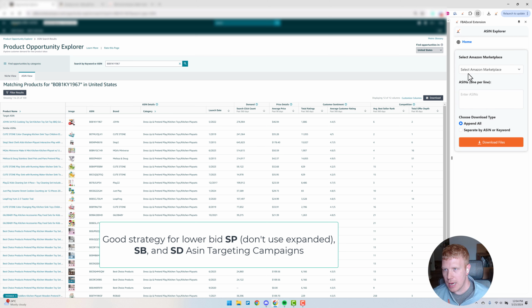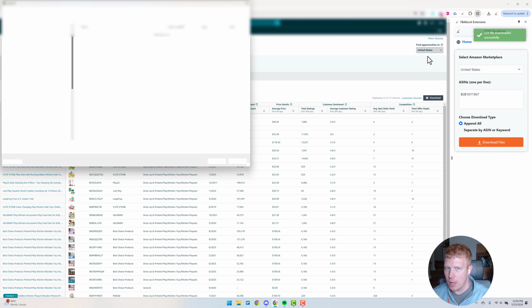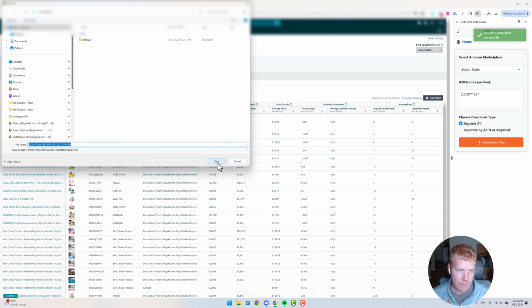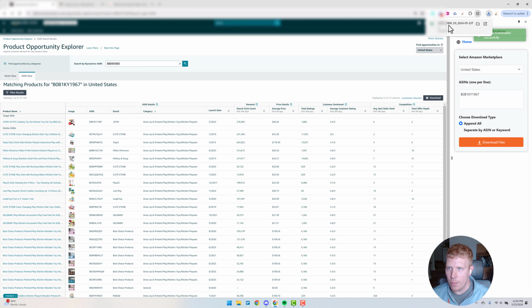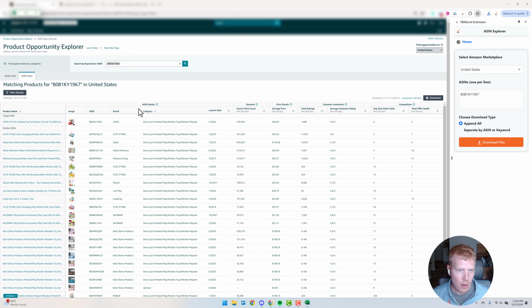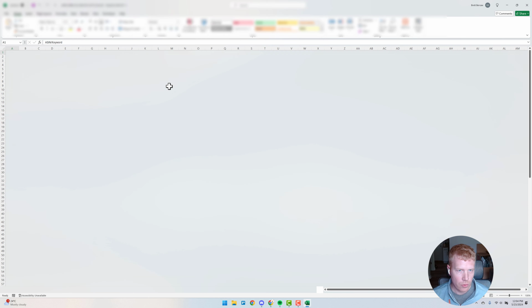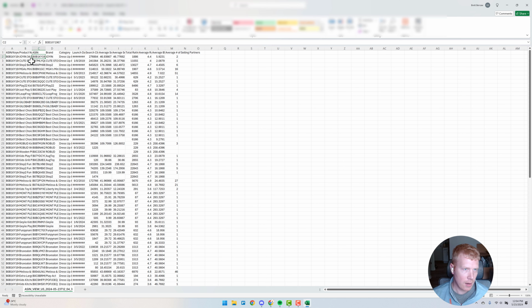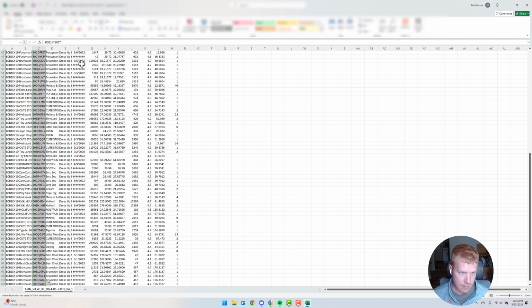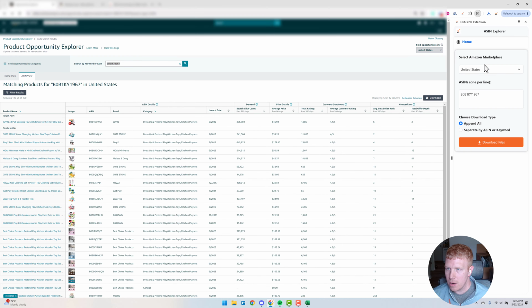You can just hop in here, pick your market, and take the ASIN that you want to research. I'm just going to hit download files for step one. You'll want to save that and just let it open. All right, and what you can do is take column C here and copy that, come back here, and